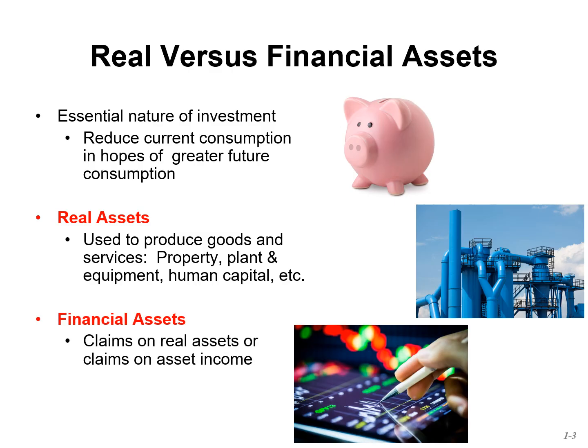On the other side, we have financial assets. These don't hold the same physical form as real assets. Instead, they represent the claims on the income generated by real assets. Financial assets come in the form of securities, like stocks and bonds, which are essentially promises to deliver cash flows in the future.